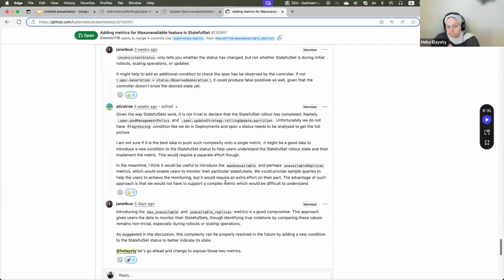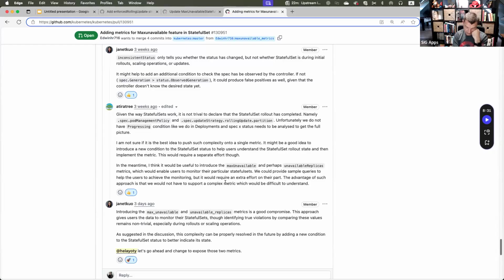I mean, the counters are definitely good for starters, because they express both the max unavailable and unavailable replicas. With those two values, you can somehow figure out how off the controller is, and eventually set up an alert and whatnot.